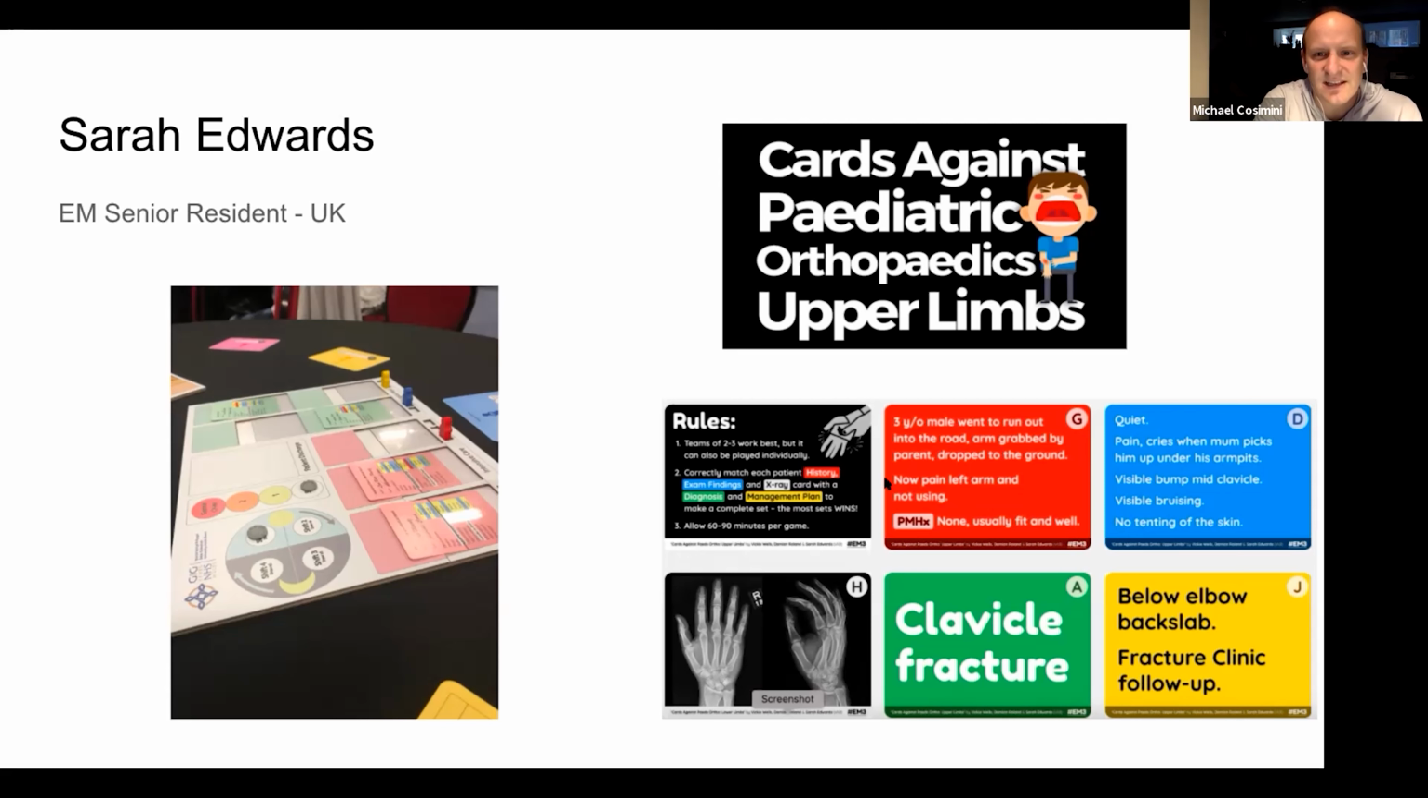And these Cards Against series that you have for orthopedics, for dermatology, for other things, are all ones that are distributed on a web page and easy to print and use for your own teaching sessions if you want to try out someone else's game